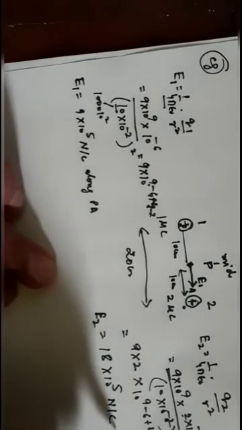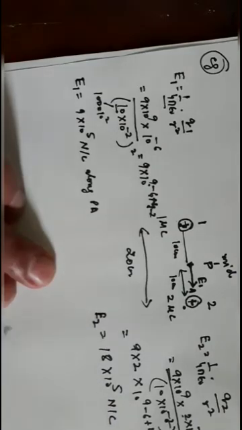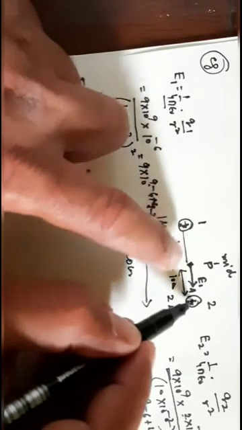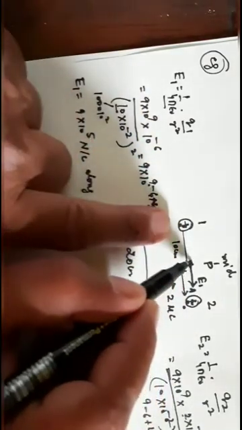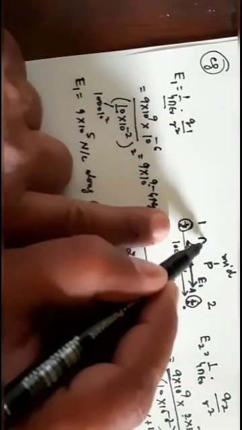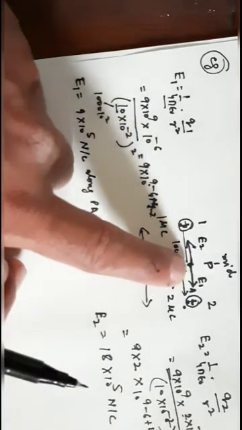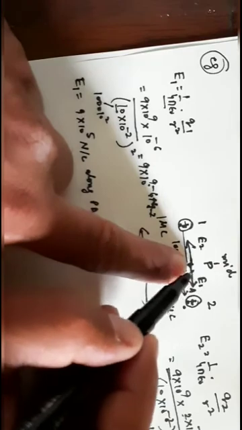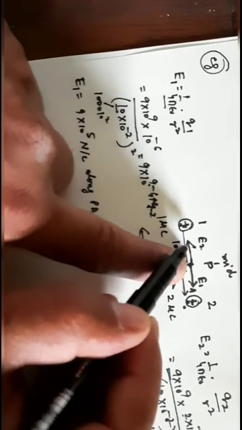And what is the direction? If you see this, for this positive charge the electric field is also outward. From here it is outside, the outside meaning toward this end. So this is your E2. If you see the direction of these two electric fields, E1 is along this side and E2 is in this side. So both are in opposite directions.